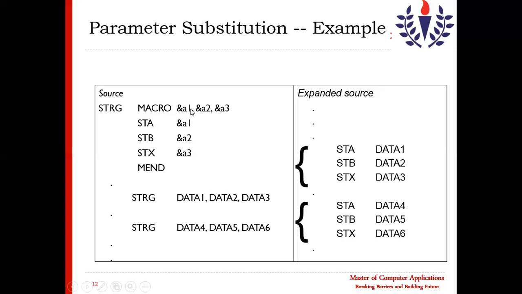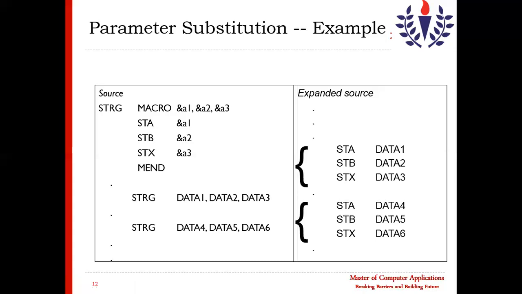Here also I will put a1 equal, a2 equal, a3 equal. And when I'm calling this, I will write data 1 equal to argument 1, data 2 equal to argument 2, data 3 equal to argument 3.